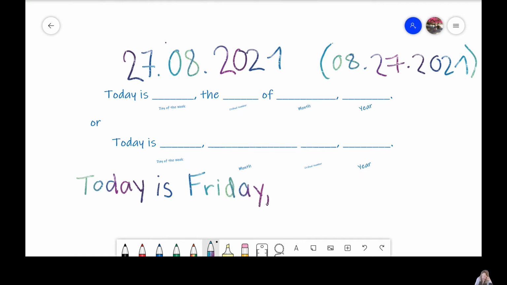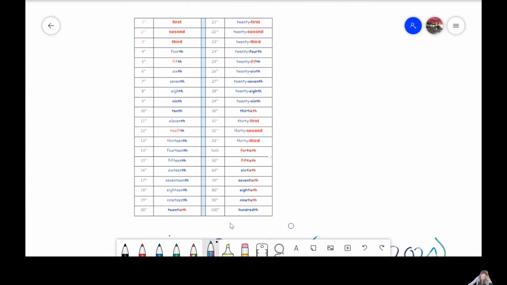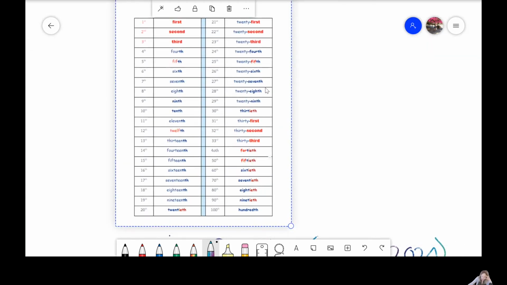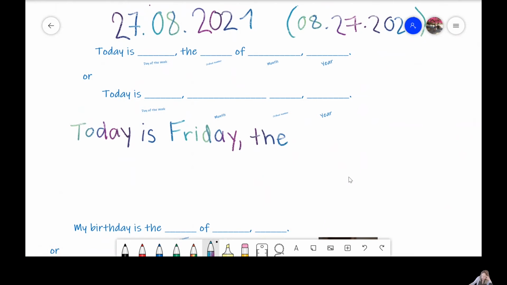Comma, because we pause, the ordinal number. So we have 27. And if we look back up on our chart, your teacher will pass it out to you too. It's 27th, and you write it with the number 27 and a tiny little TH. We're just going to write the number with the symbol, the 27th